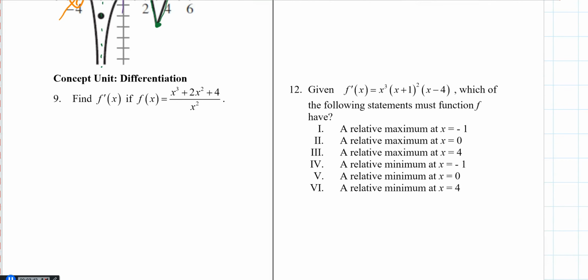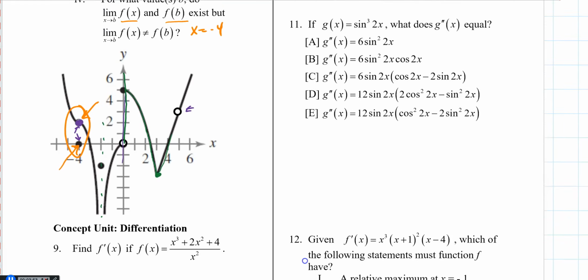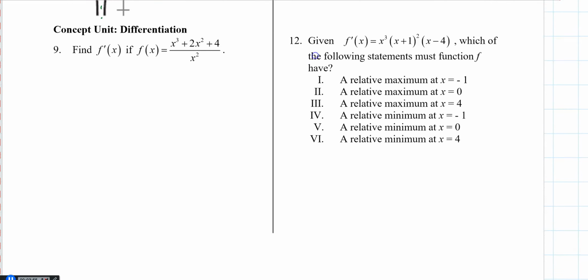And then let's go on to number 9. Find the derivative of f if f is defined as x cubed plus 2x squared plus 4 all over x squared. I'm going to show you guys two ways to do this. So the first way is to use the quotient rule. We know that the quotient rule is defined